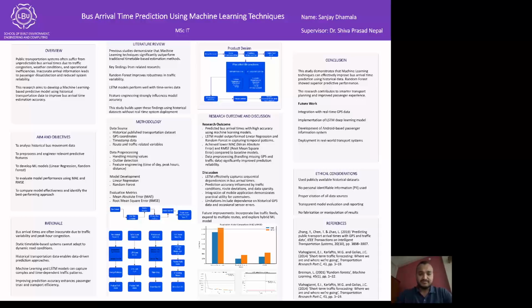This research followed a structured pipeline. First, data pre-processing was performed, including handling of missing values and removing outliers. Next, feature engineering was conducted to extract time of the day, peak hour indicators, travel distance, weather and seasonal conditions, and route-based features. For the LSTM model, the dataset was reshaped into sequential time series format because LSTM requires input